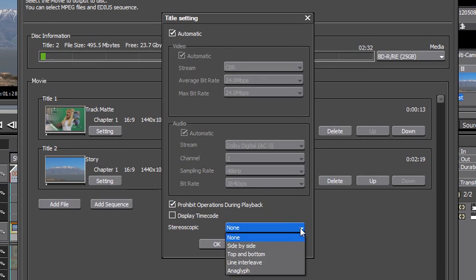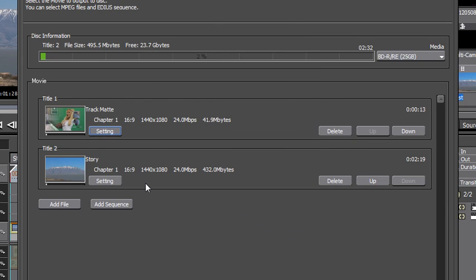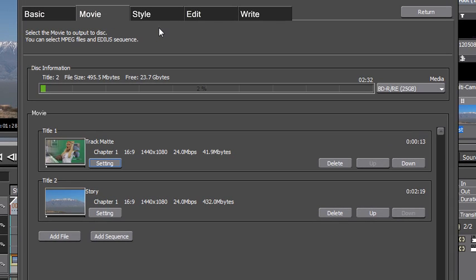Now, stereoscopic, of course, you can create a 3D Blu-ray with this because we were able to edit in 3D. Now we'll be able to output in 3D, but I wanted you to be able to see that right there. Now that I have these in here, I've added whatever files and sequences that I want,